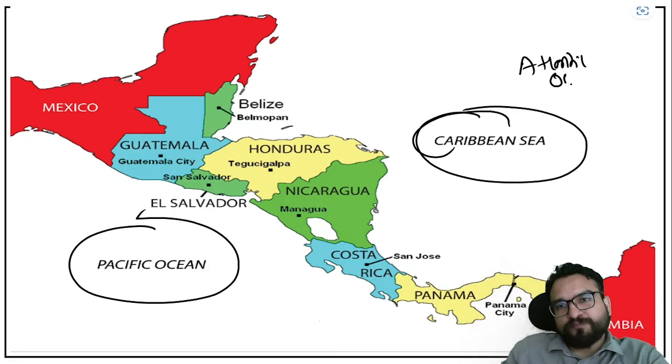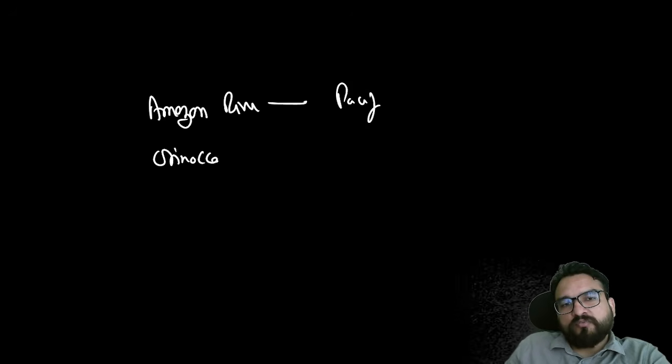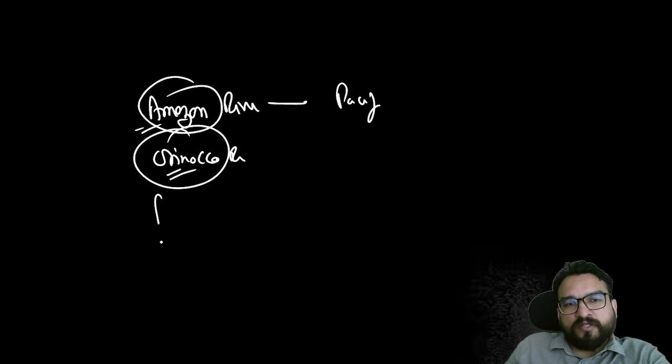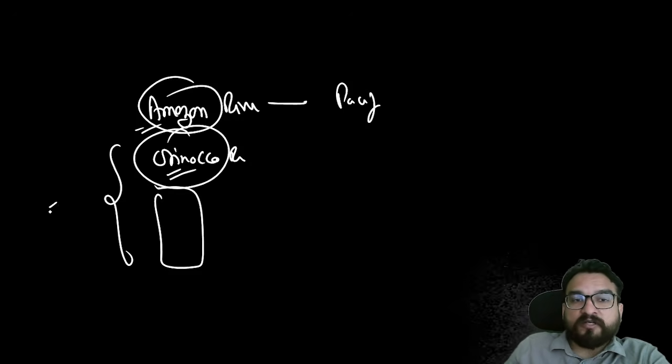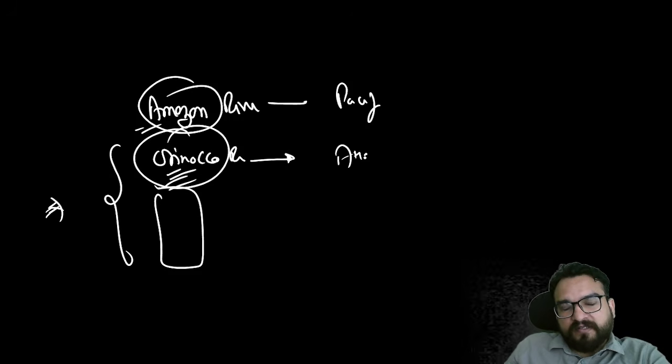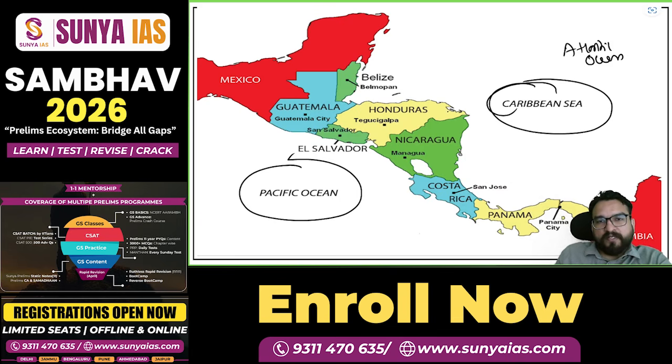Don't forget this too. Now if I ask you where the Amazon River drains into, Pacific or Atlantic? If I ask where the Orinoco River drains into? They will never give you Amazon because this is a big river, everybody must be knowing. They will be giving you Orinoco and then 3-4 other names. And this type of question has come once in the examination, right? Orinoco River, where does it drain to, Pacific or Atlantic? Atlantic, right? This type of understanding you should have, guys. So the borders over here you will be finding with the Caribbean Sea and the borders with the Pacific Ocean.